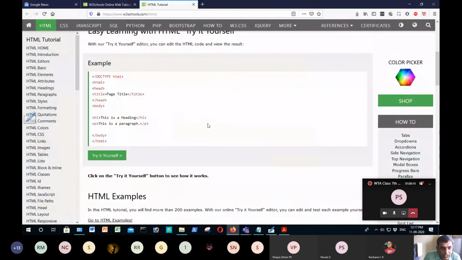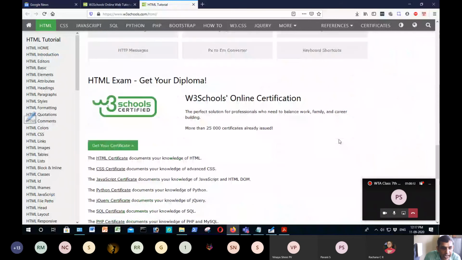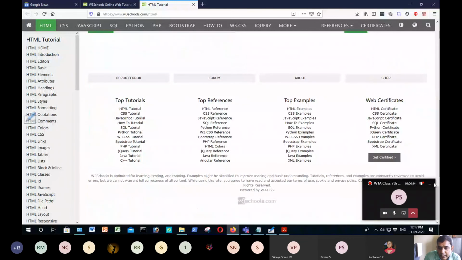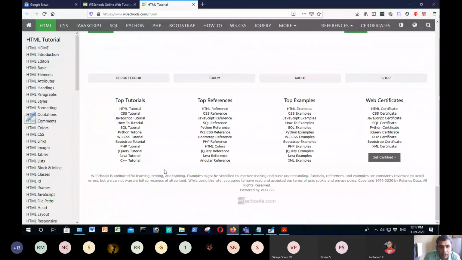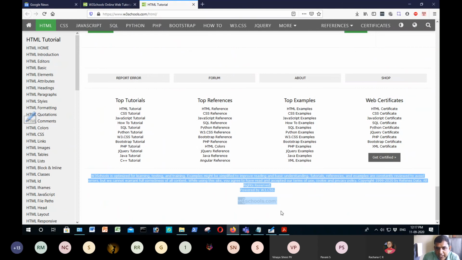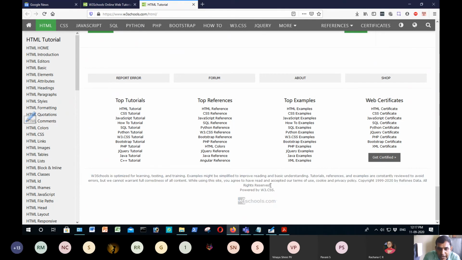If you haven't seen it, you can go directly to this site and see. Can you tell me where here? This is the website W3Schools. If you see here, there is a lot of information. What is this? This is actually the footer. Here you have copyright, all rights reserved, powered by W3, and some information links.